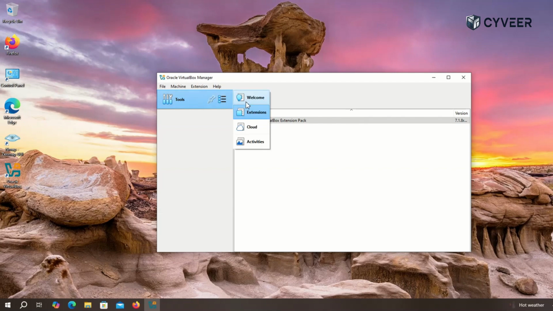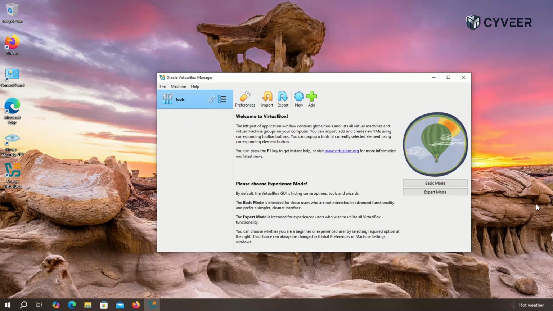You can now install various virtual machines such as Ubuntu, Kali, Parrot, Windows, or any other operating system for your